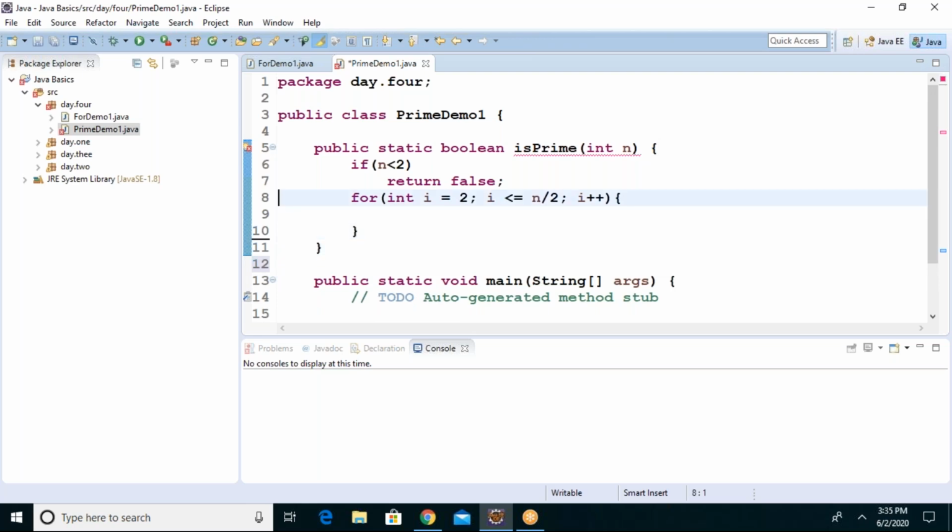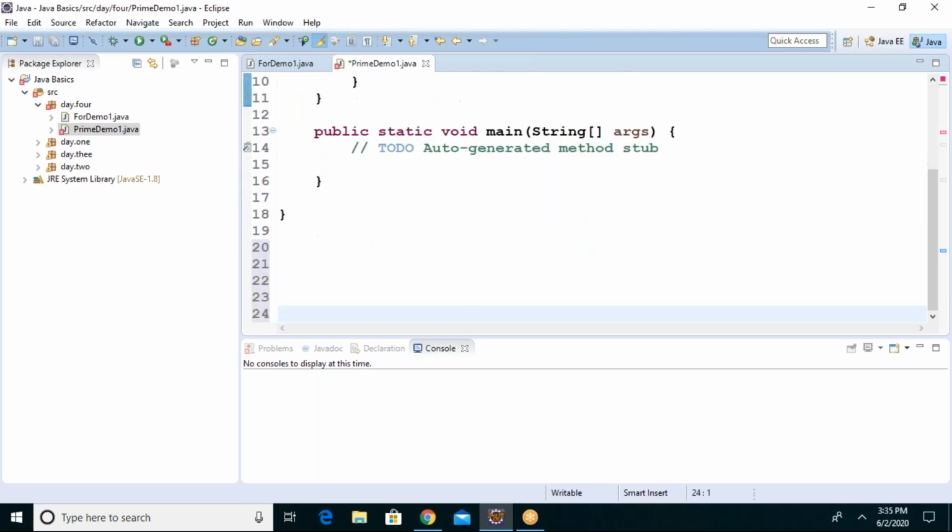First of all, we should understand what we are trying to do here. My target is to find whether the given number is a prime number or not. For that, first I am trying to find the factors of the given number. Suppose you gave 5 as the n value, I need to find the factors of 5. Factors means the numbers which divide it. For example, let me ask you something: if I give 10, how many factors are there for 10?